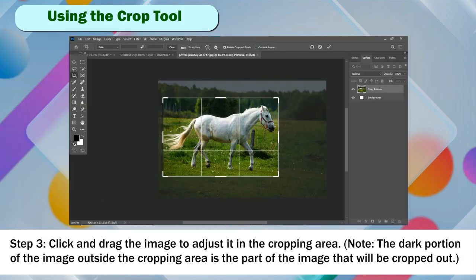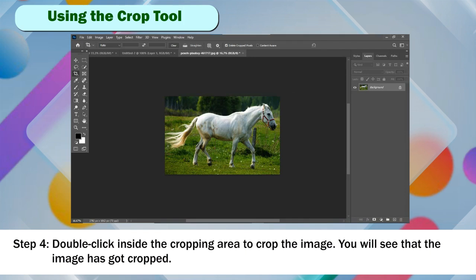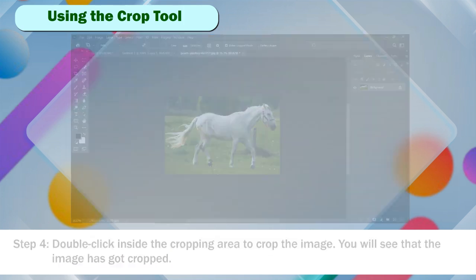Step 3. Click and drag the image to adjust it in the cropping area. Note, the dark portion of the image outside the cropping area is the part of the image that will be cropped out. Step 4. Double-click inside the cropping area to crop the image. You will see that the image has got cropped.